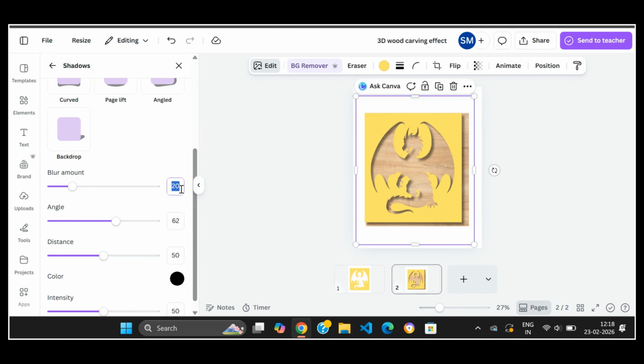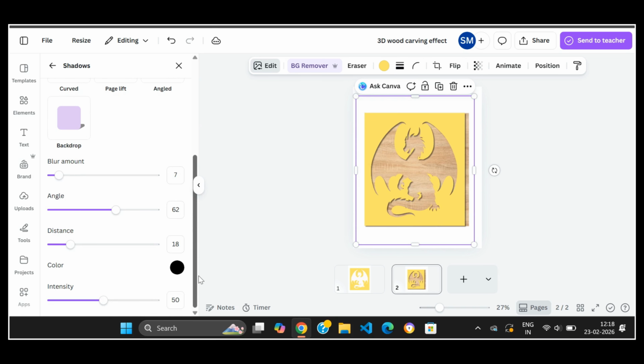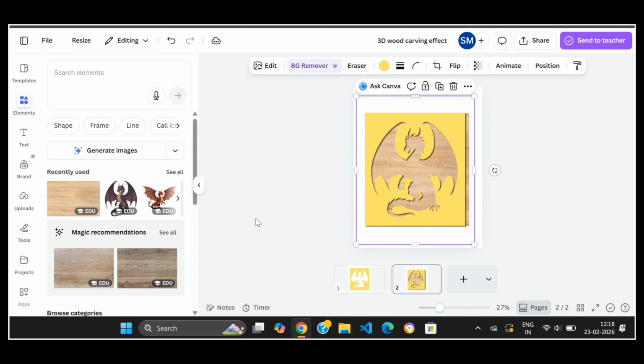go in drop shadow and here keep blur amount 7, then distance up to 18. Okay, and intensity keep up to 60. Okay,